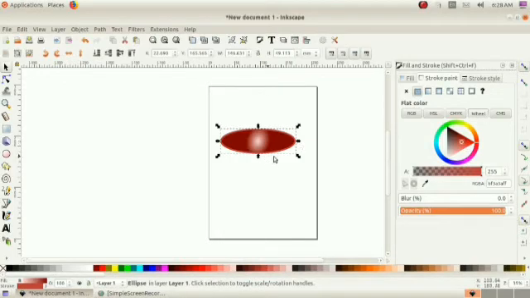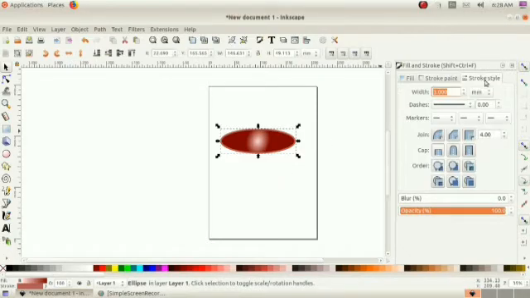Then stroke style, I am increasing a little. Okay, 5.